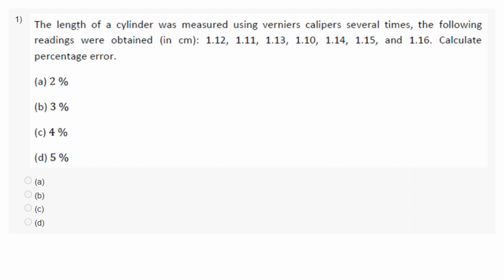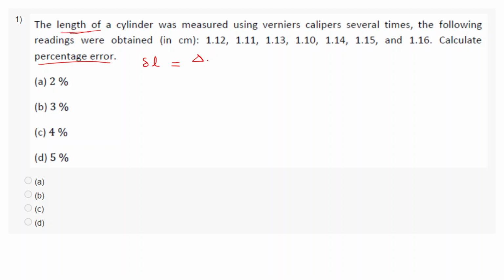So the first question is based on calculating percentage error. The length of a cylinder was measured using a vernier caliper several times. The following readings were obtained. These are those readings. Calculate the percentage error. Last time we had seen the percentage error when we calculate it for anything, like here the length we are talking about. When we want to calculate the percentage error, we denote it with this delta symbol. So the percentage error in length will be